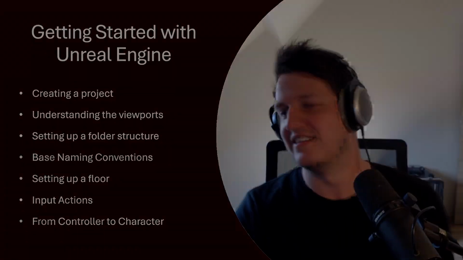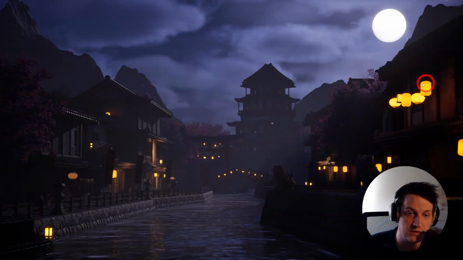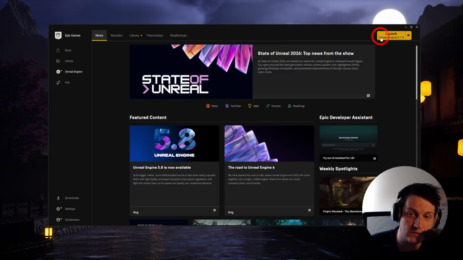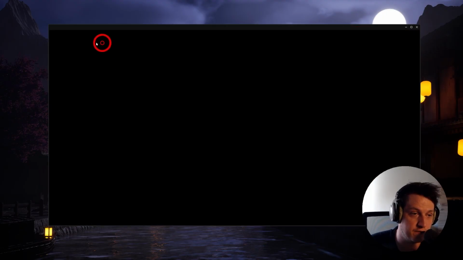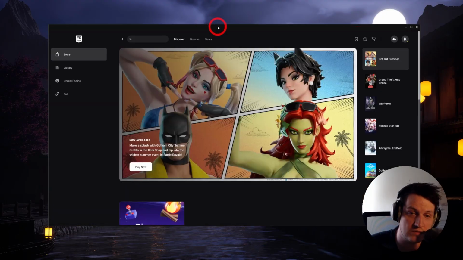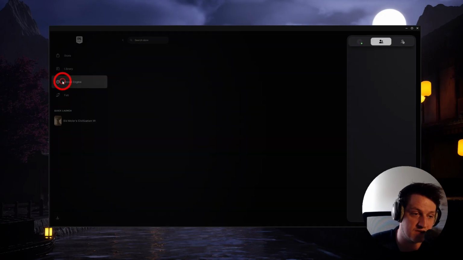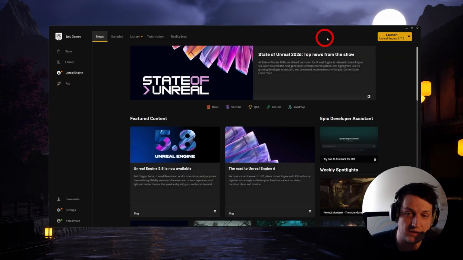Let's get going. Okay, so the first thing that we're going to be doing right now is opening up our Epic Games launcher. And on the top right corner you will find Launch Unreal Engine 5.7. If you're first met with this view, don't be alarmed. You can just click on Unreal Engine on the left side. From there onwards you can just go to Launch Unreal Engine